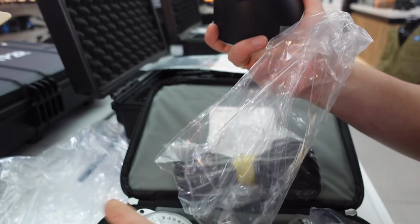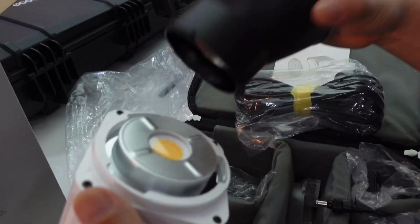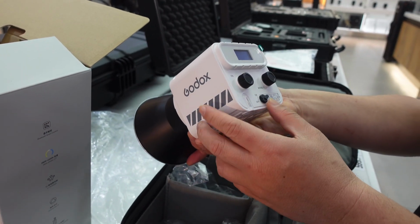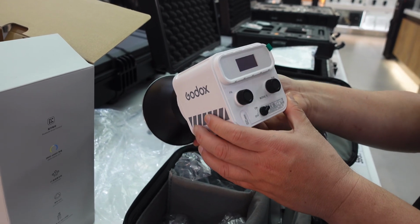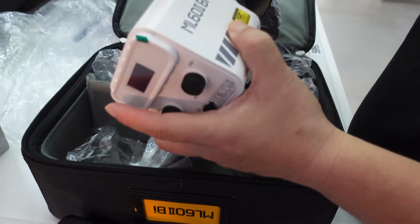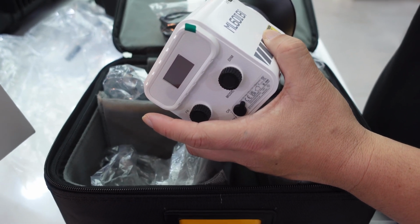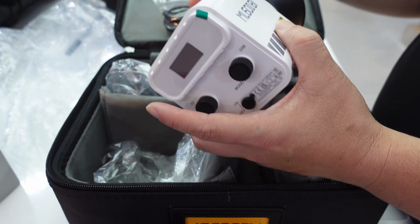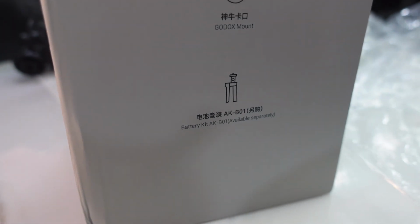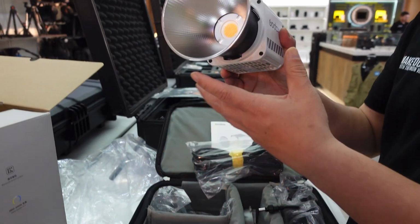This is the Godox mount. They call this the Godox mount, and I think this is similar to the previous ML60. See? No DC, so you need to buy the power separately. This one, the AK-B01. If you want to use it outdoors, if you want to use a battery, you need to use this Godox AK-B01. So let's see if we have the AK-B01 available. Let's try and check the quality of this new Godox